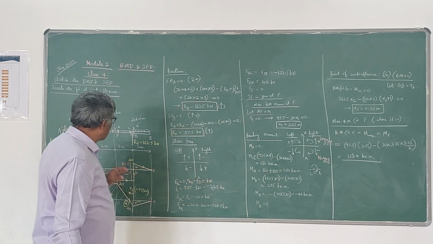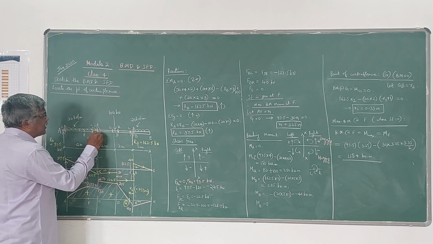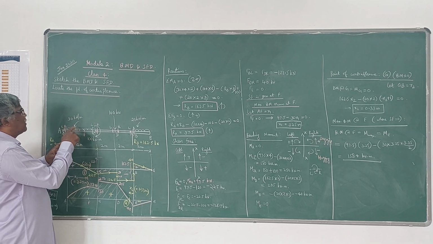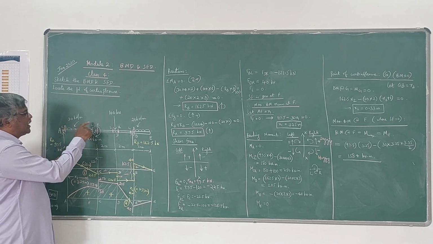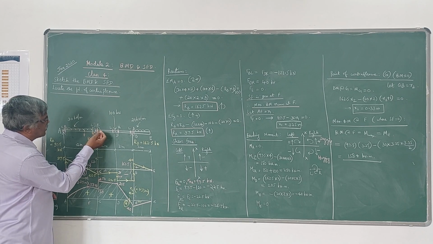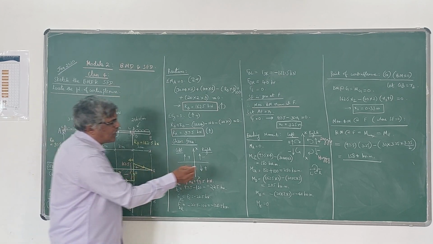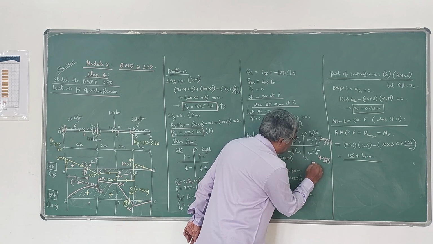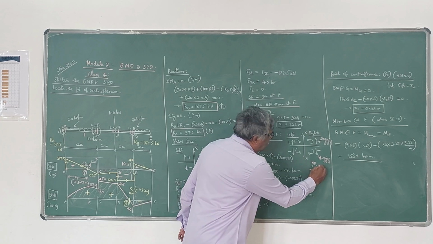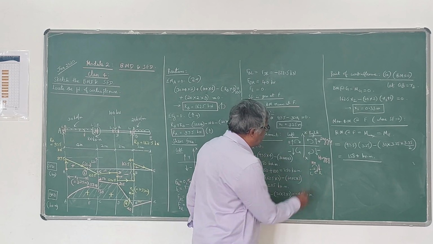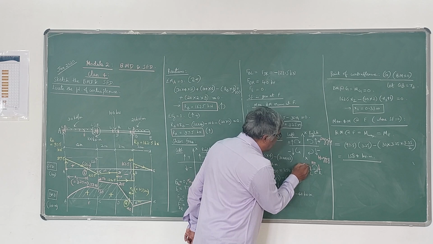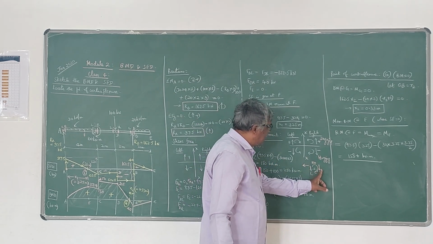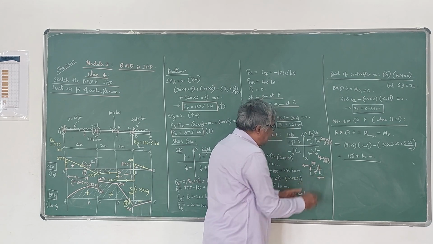Now if you want the bending moment to the right side of C, it is the same as that, 97.5 into 4 minus 30 into 4 into 2. In addition to that, since you are seeing the left side, you can see here. Now you are calculating bending moment here. At C he has given a 100 kilonewton meter moment. When you are at the left of C and looking to the left side, this 100 is not seen. That's why I have not taken that 100 here. But when you are at the right of C, looking to the left side, this 100 is seen.